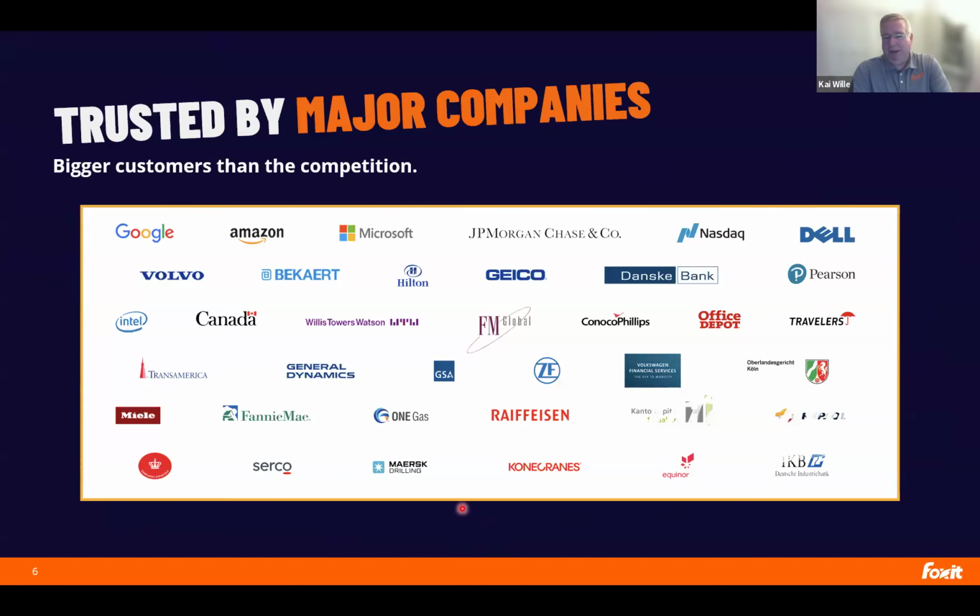Great. Logo slides are boring, right? So why is this here? Just to give you a quick insight into that every one of you is a Foxit user today. We started off in 2001 as a software development toolkit company. One of those early products was a software development toolkit for PDF files. And we sold them to companies that you've heard of, like Google, Amazon, Microsoft, who have then embedded our technology